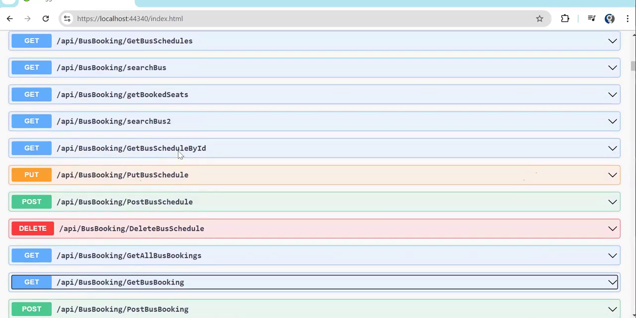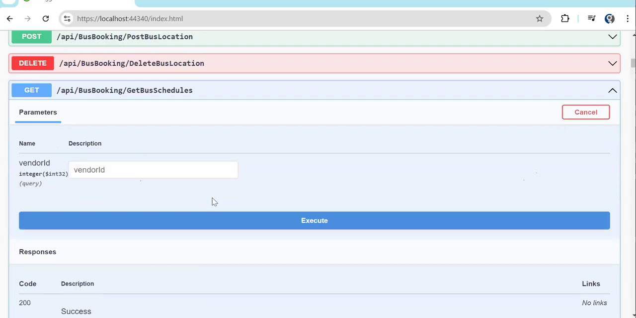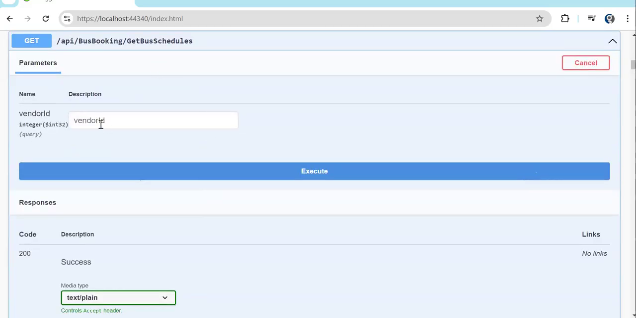post bus schedule, where is the API? Get bus schedule. Okay, so this is the API which we need to use. And for this API, we have the vendor ID. Let's say if VRL logged in, he should only see the schedule he has created. He should not see the other vendor's schedule, right? So we need to pass the vendor ID, whatever the vendor ID is,